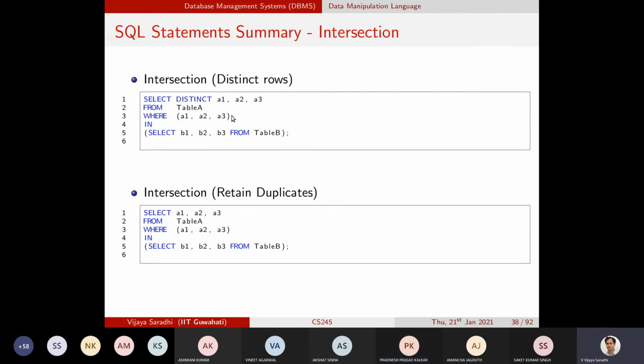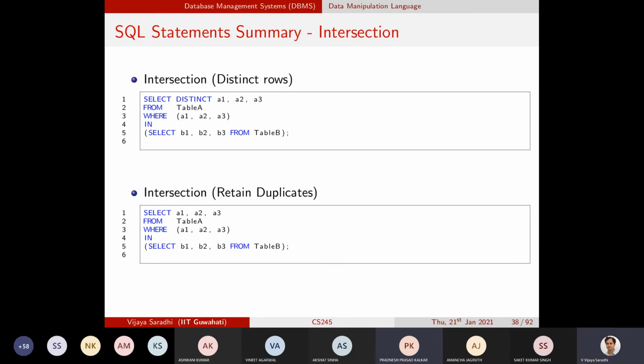Last thing. Which one? This one or this one? Below one. Retain duplicates. Okay. So suppose there are 5 instances of 1, 2, 3 in table A and 3 instances in table B. Naturally, with intersection, we want 3 entries in the answer.